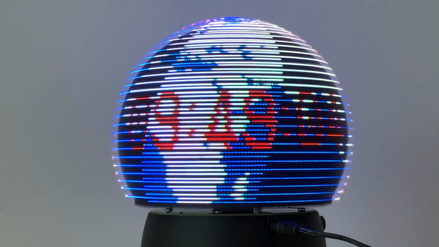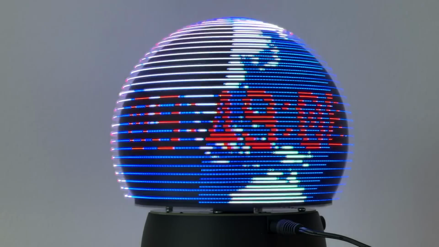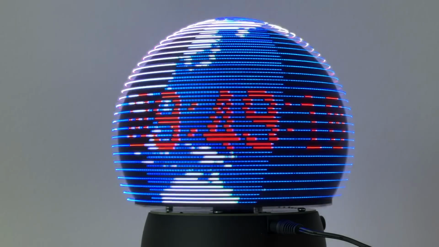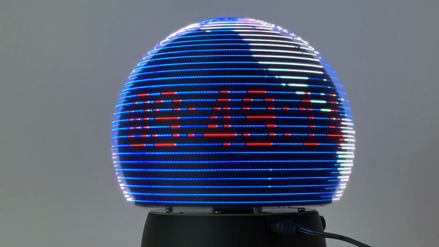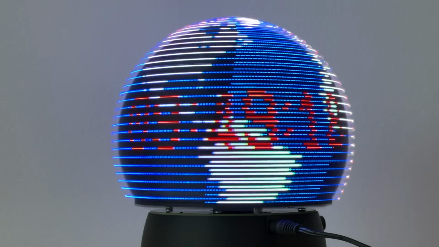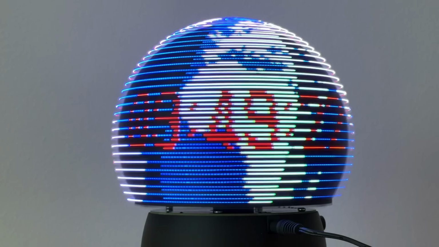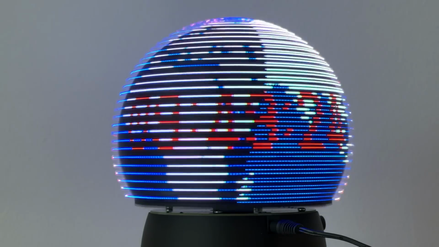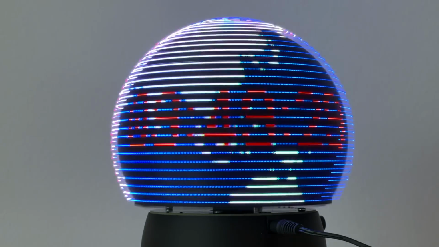And all the image control is handled by a powerful RP2040 microcontroller using its programmable I/O feature for high-speed LED multiplexing. There's even an optional ESP add-on that creates a full web interface so you can control the globe from your phone or laptop. In the next 30 minutes, I'll walk you through the entire process, from the user interface